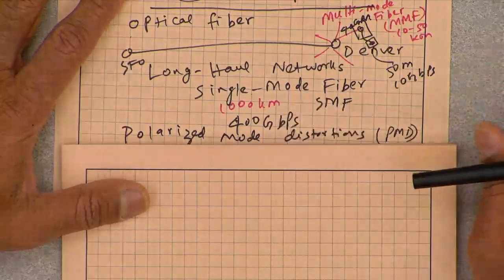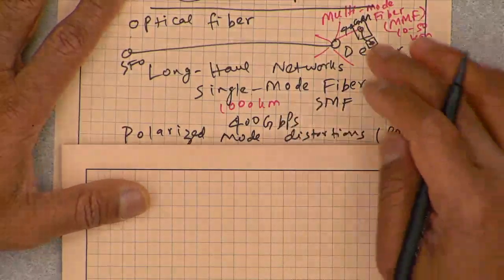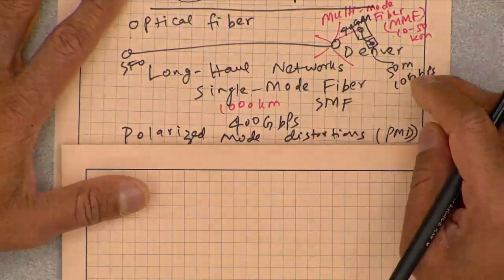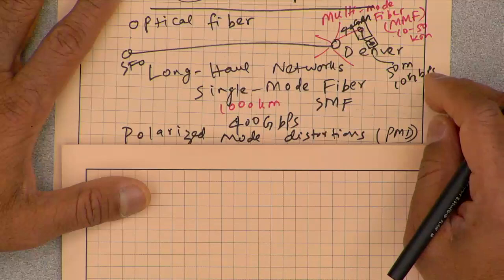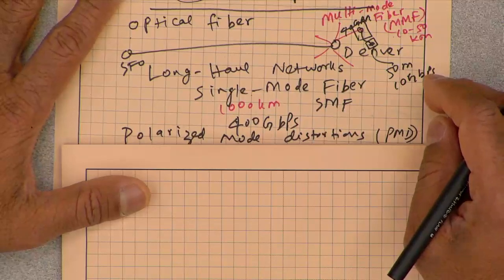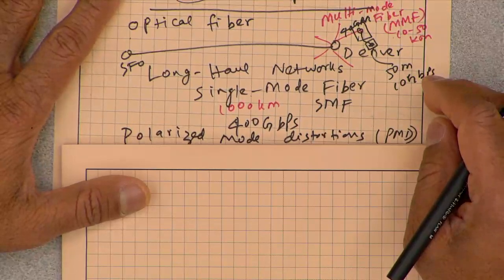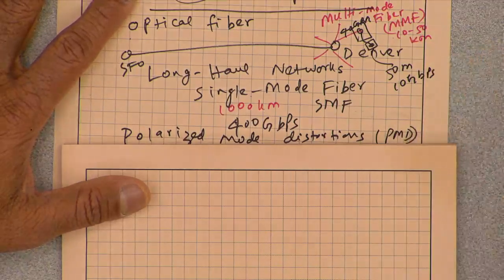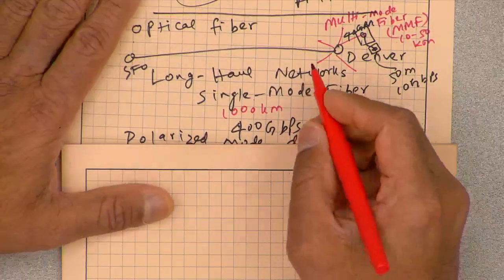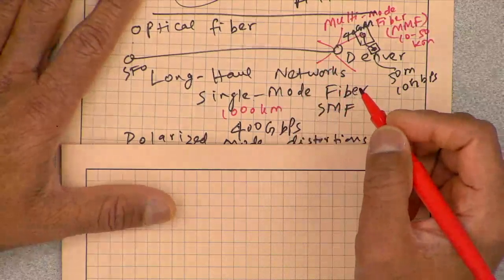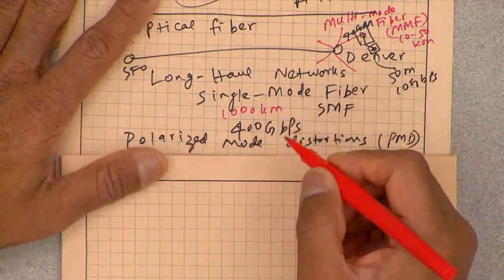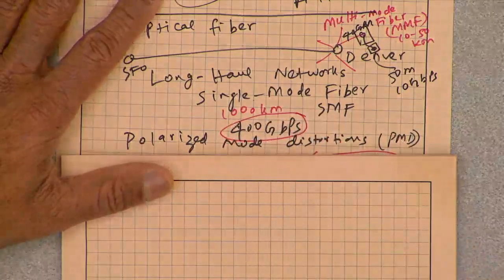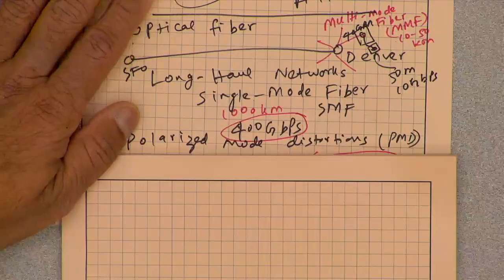So at some point we need to do something about that. One way to perform this 400 gigabit per second is that there is also